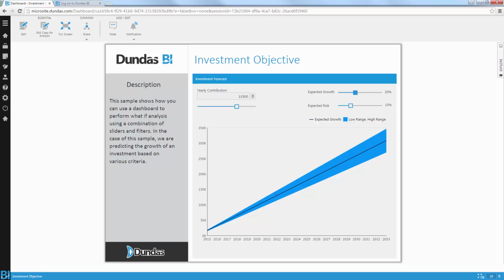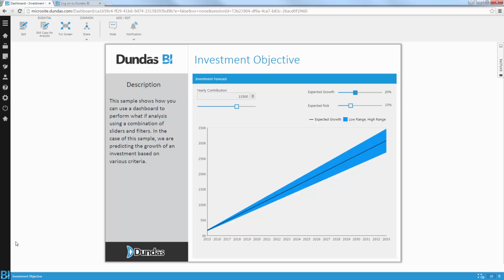I'll move on to another example where I'm using what-if analysis to be able to understand how my data will behave according to different variables. In this case, I'm again using the formula engine of DandaSBI, but this time I'm using it in conjunction with different placeholders I can use as parameters, as variables I can input into my data and control how the data will actually behave in the future.